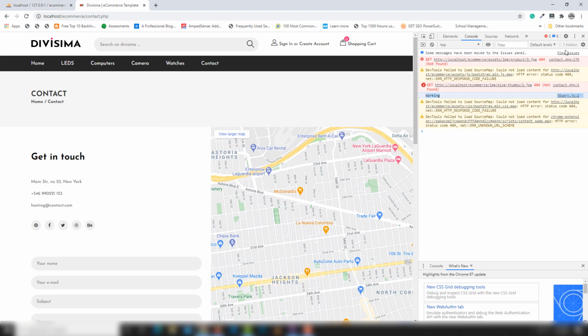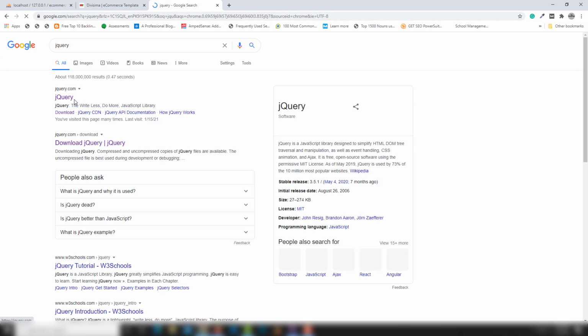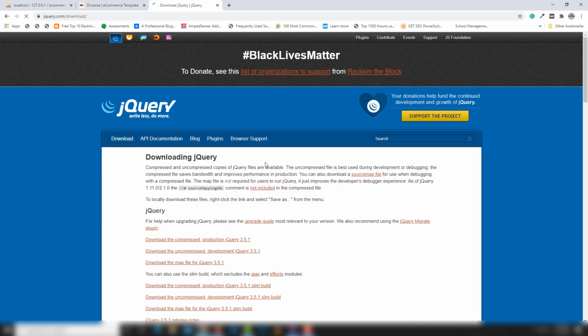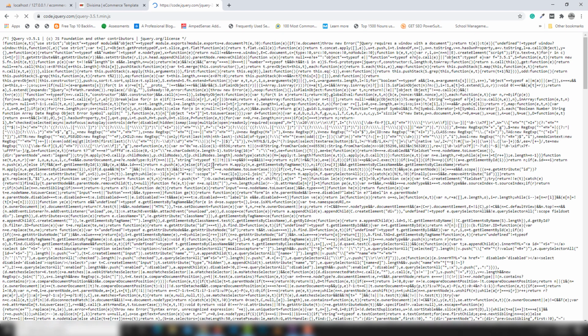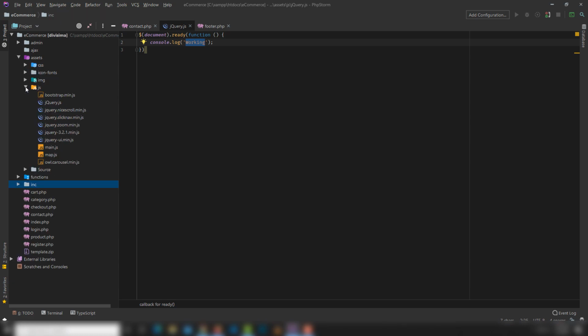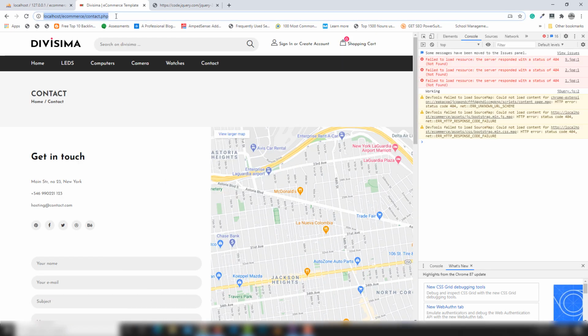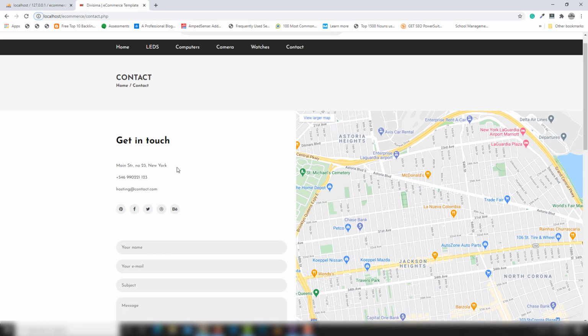If you are facing any problem using jQuery, you need to go to the jQuery website and get the updated jQuery file. I'm going to show you how you can do that. Download jQuery and download this file, compressed production. Copy this code and go to your asset JS, and go to this file, jquery-3.2.1.min.js. Open this file, paste the code, save it, and it will work. So let's try that again. As you can see guys, everything is perfect. You just need to follow these steps. Once you do that, then we will be able to use